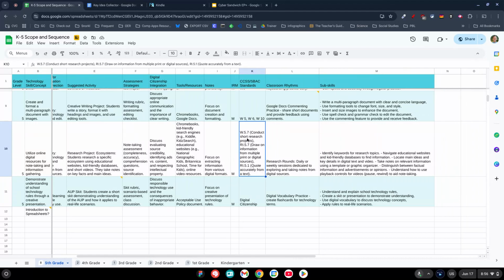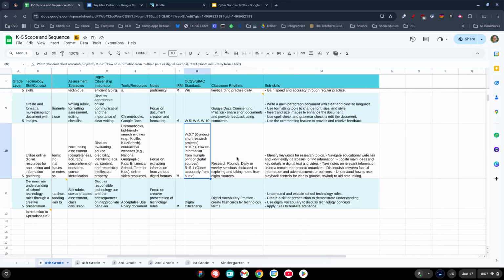So this focuses on some of these common core skills of being able to conduct short research projects and then draw on information from multiple print or digital sources and then quote accurately from a text. One way that we can do this very frequently is doing short little research rounds. These could be just weekly things where you allow students some opportunity to explore topics, whether that's before a unit or during a unit, or perhaps you have a time where they're able to explore their questions,